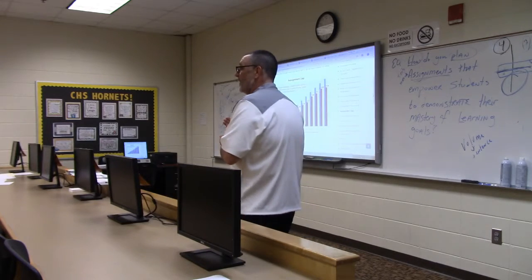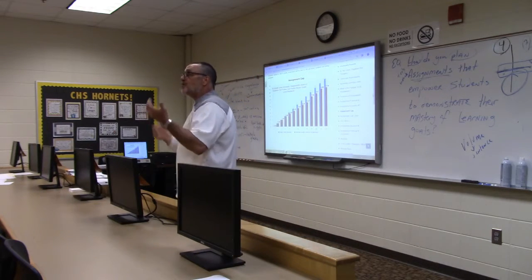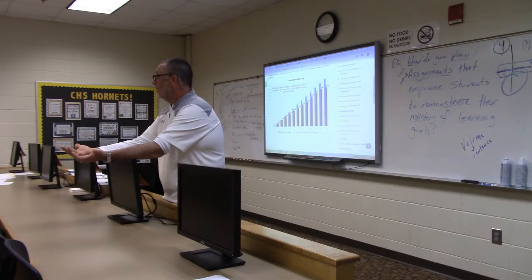There are standards that say things like, compare and contrast 2 works of the same author. If that was what was on the board and they were supposed to learn and they understood that, what do you think they're learning? They're learning how to compare and contrast 2 works of the same author. So you might do Romeo and Juliet and you might do Hamlet.